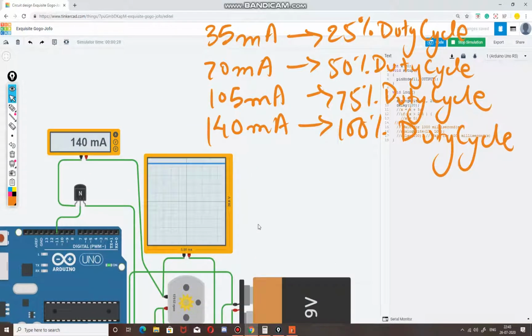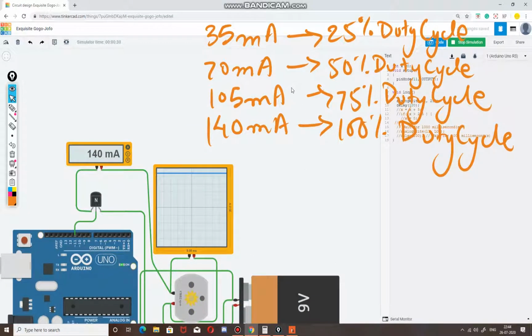You guys have noticed that at 25% duty cycle we were getting 35 milliamperes of current, and the speed was somewhere around 4,000 RPM.